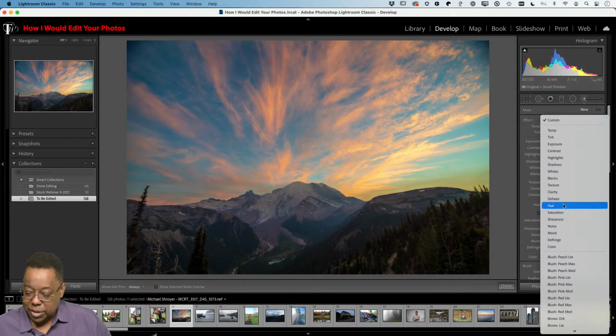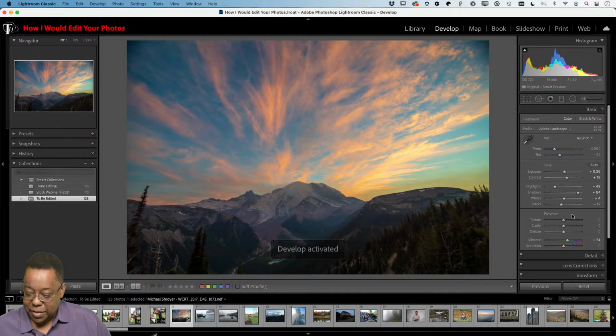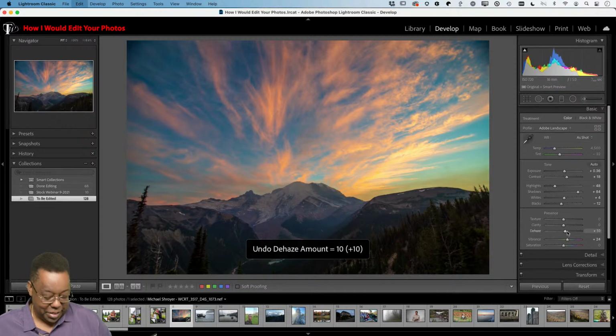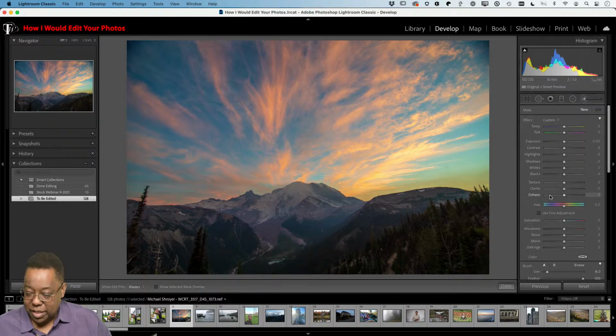Let me change my preset. Oh, you know what I didn't do yet? Hang on. Before we do this, this might take care of it. Hang on. We didn't add any dehaze yet. And that's not going to do it. Okay, never mind. All right, so let me go to my adjustment brush and let's go in and add